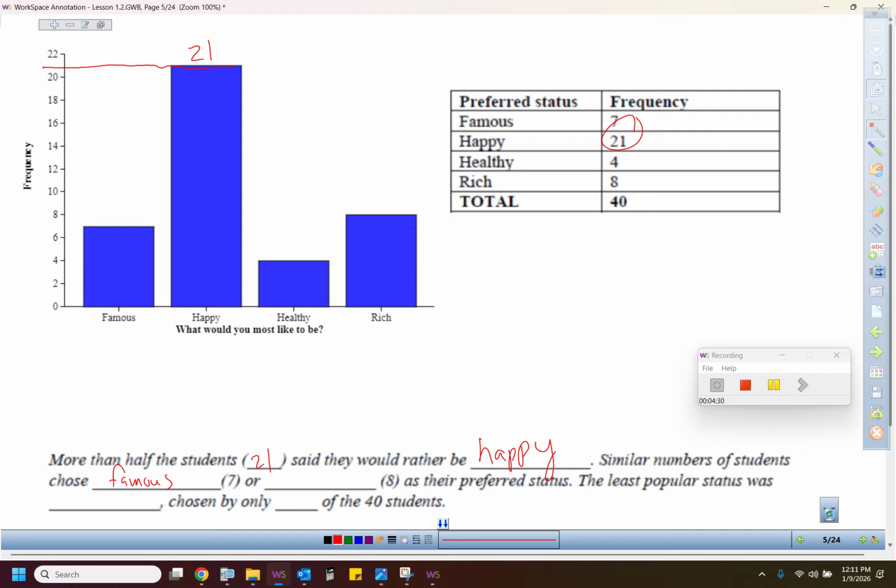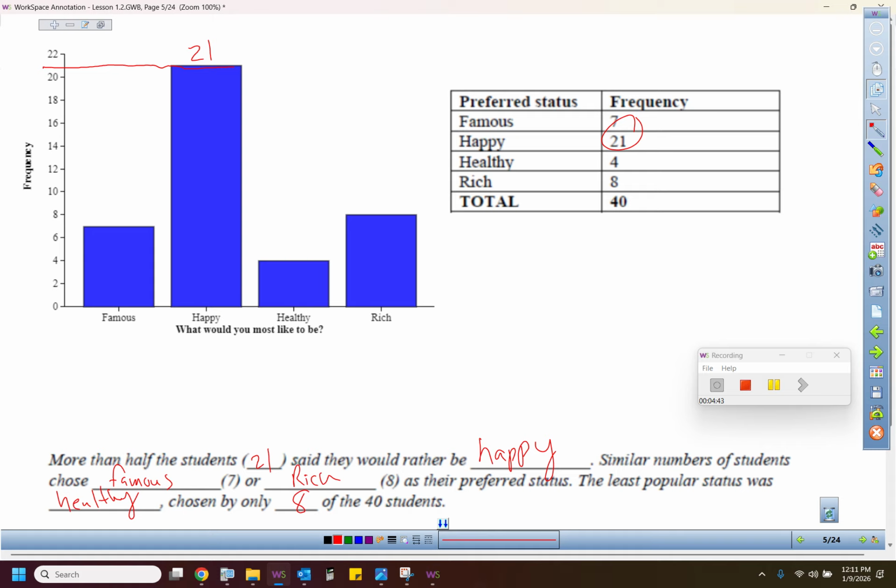Or blank, rich. The least popular was healthy, because only 8 of the 40 students chose that. And I always like to kind of take this and take it to the next level. These were students that they surveyed. Which one was popular? Healthy. If you asked